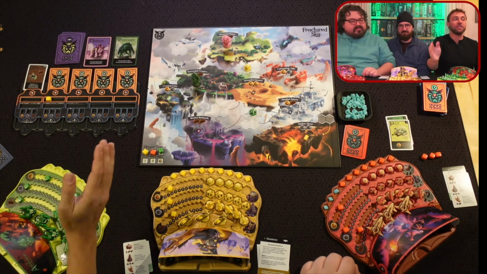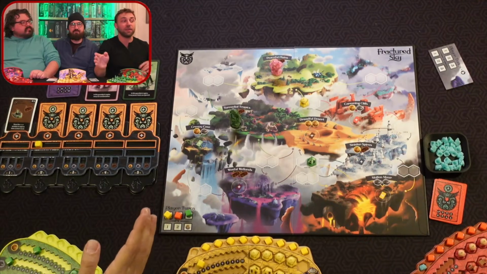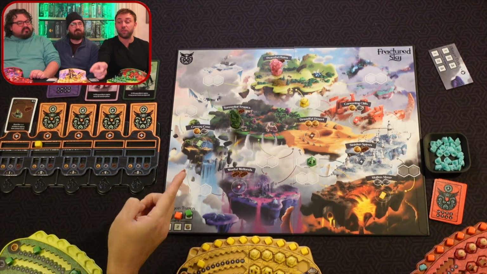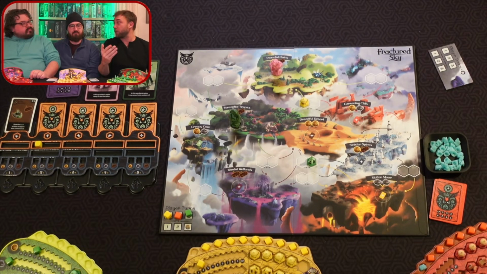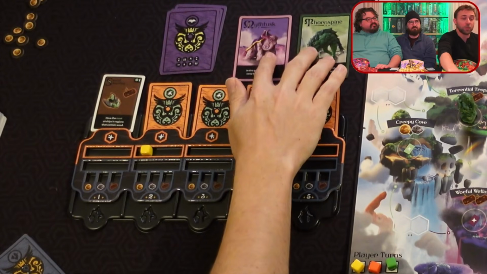Boom. What these Guardians do is, the first time somebody visits one of their spots, that person will get to move the Guardian to a region of their choosing. So they will have control over what region the Guardians go to. And in this case, all the Guardians do different things. We are playing with